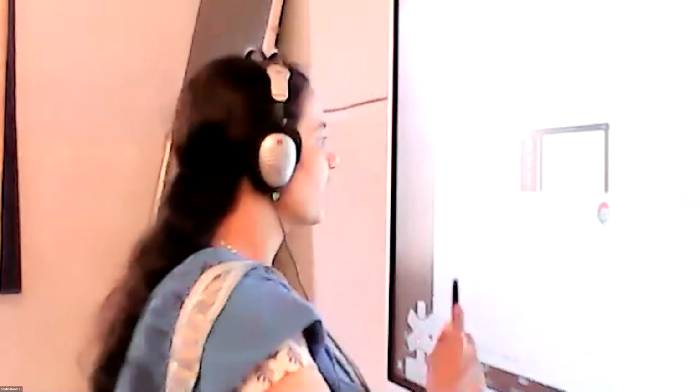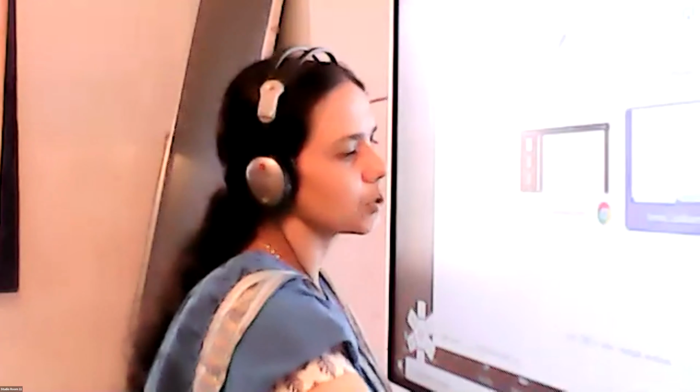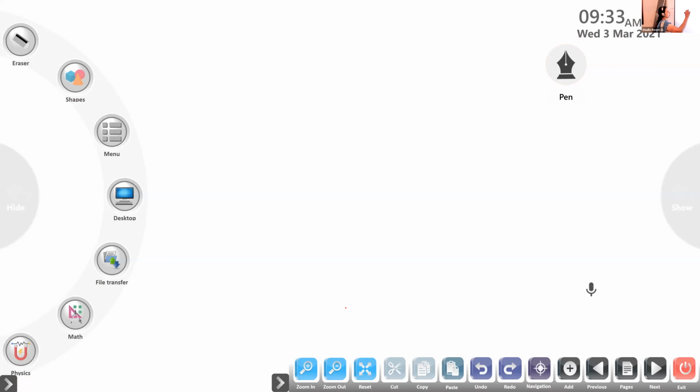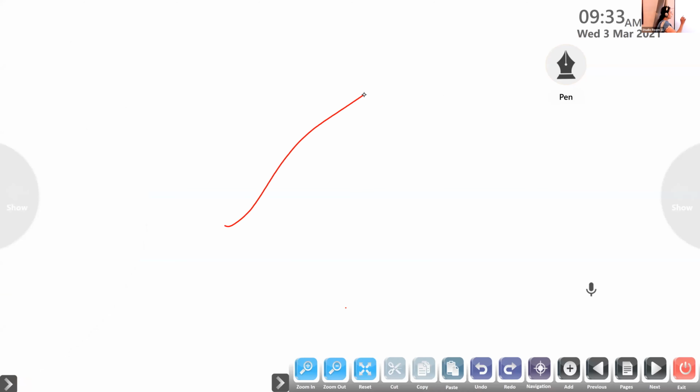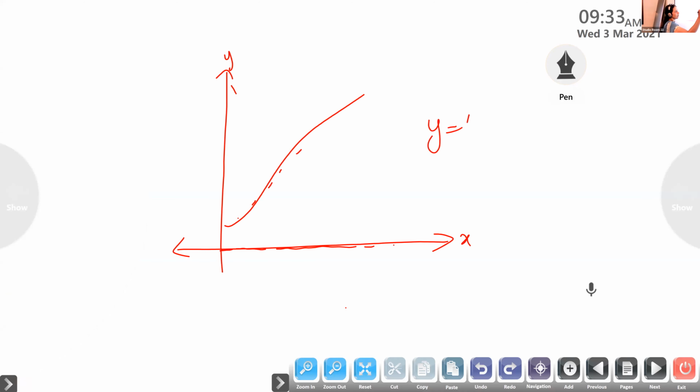So now suppose you are given a function f of x. We want to check whether it is increasing or decreasing. Suppose we draw the graph, and it comes like this. This is the x-axis. This is the y-axis. Look here. As the value of x is increasing, f of x, where we take y is equal to f of x,